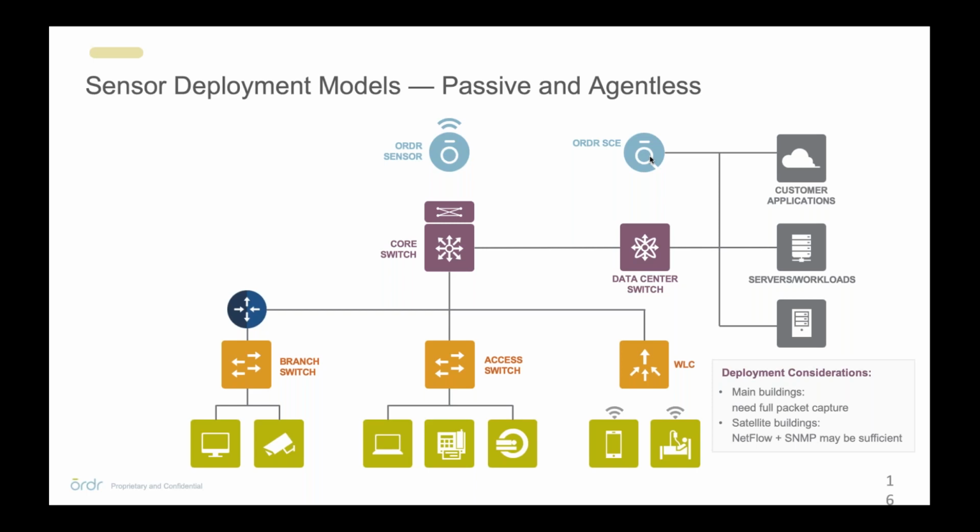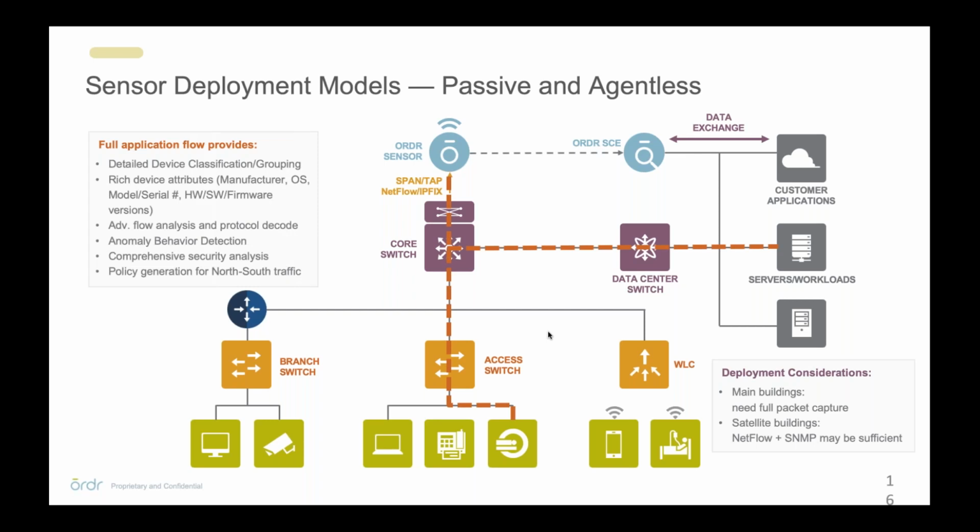Now, it often comes to question, where would I place these sensors? Well, normally we place them in a central location. Often the IoT devices are not smart unto themselves. They need to talk to something that's smarter. They usually have some type of controller, a server that sits in a more central location. And that's where we will see that data, and in that instant be able to provide the detailed classification, rich attribution, such as the make, model, hardware, software information. We will provide very rich security information, as well as detect anomalies in that traffic,